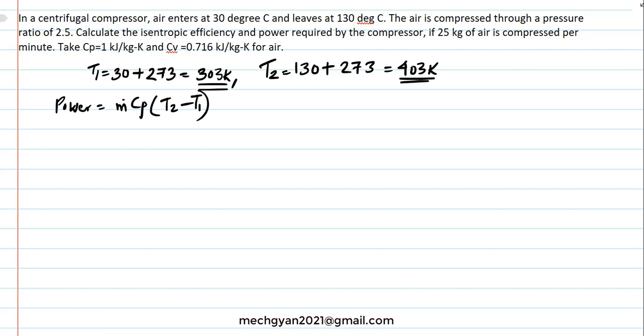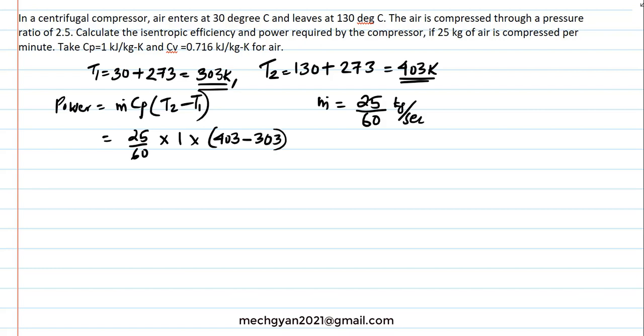Cp is given, m dot is 25 kg of air compressed per minute, so 25 by 60 kg per second. So that is equal to 25 by 60 into Cp is 1 into T2 minus T1 is 403 minus 303, so that is equal to